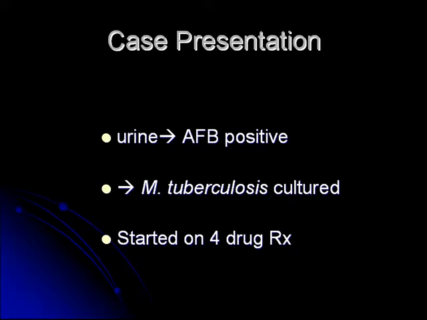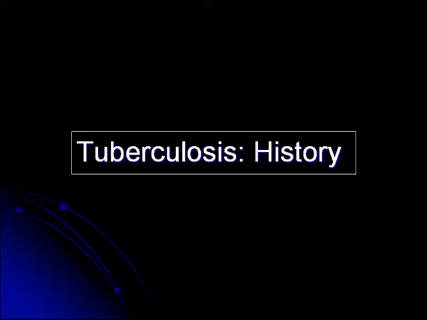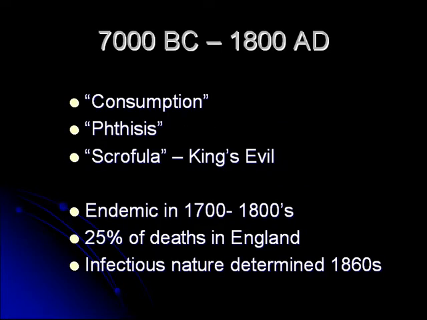So I'll get back to the case later on, but I'd like to review first of all the history of tuberculosis. This is a disease that's been around since the beginning of civilization, and in Campbell's they talk about looking at some of the bones from the mummies in Egypt, and they can see evidence of TB in these skeletons, and it's been called various things over time. Consumption, it was called phthisis by Hippocrates, and this is a term that describes a wasting condition associated with pallor and diarrhea.